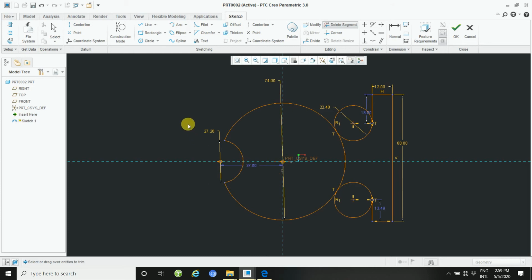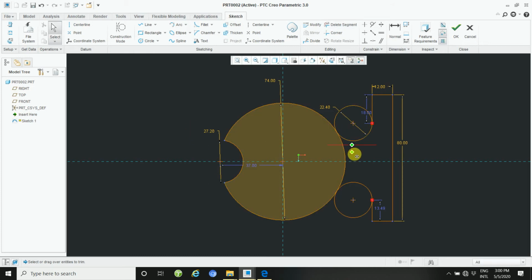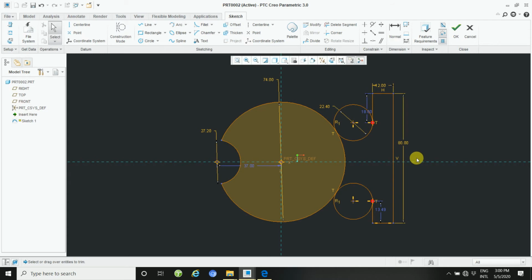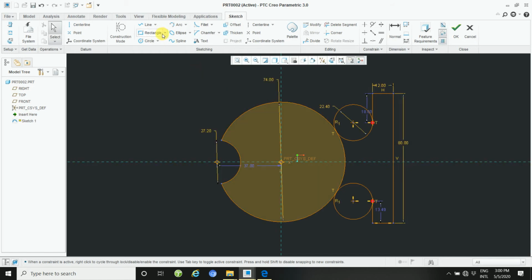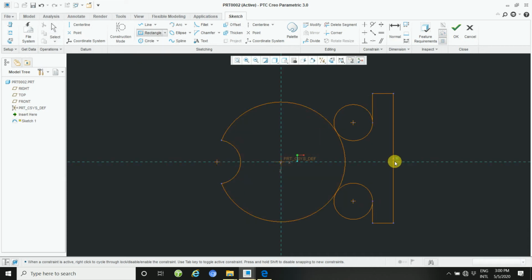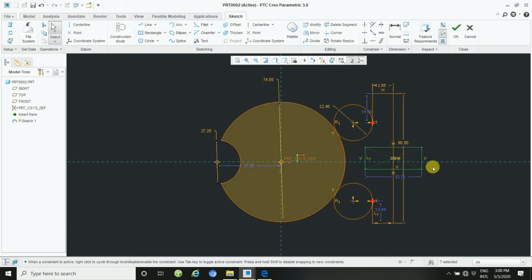And then also apply a rectangle, center rectangle, and trim this area.